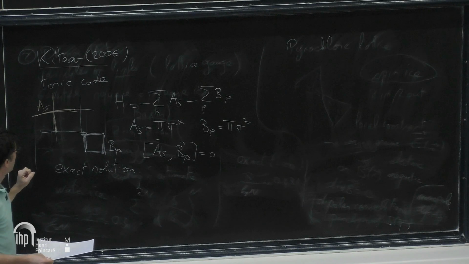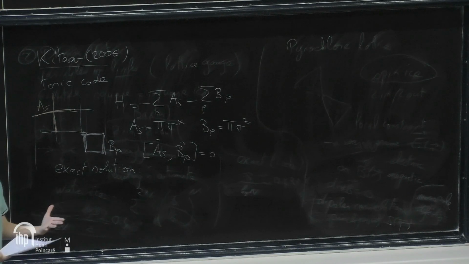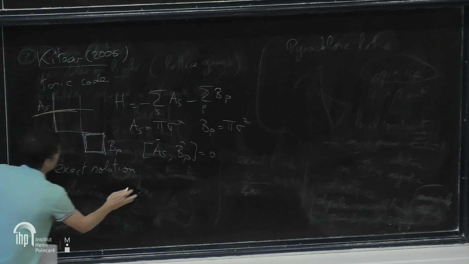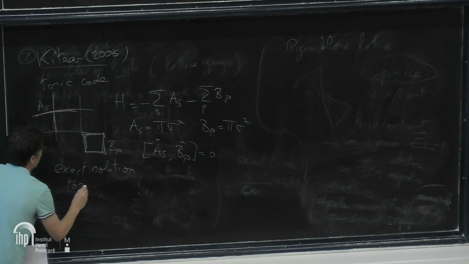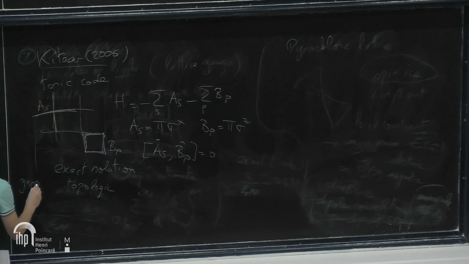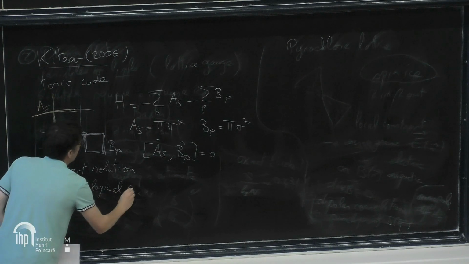But I have some different ground states. If I am on a torus, I have this degeneracy that depends on the genus of the manifold, etc. So it's a topological phase. So it's a gapped topological phase,